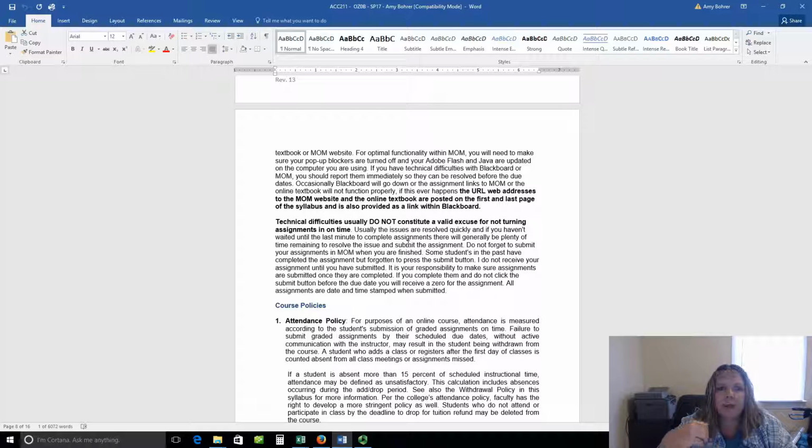You have Mozilla Firefox, you have Google Chrome, you have Internet Explorer, and now with Windows 10 there's Edge, which is not good with Blackboard. So if you have Windows 10, use one of the other web browsers. Do not use Edge, okay? And Blackboard has had issues with Explorer before.